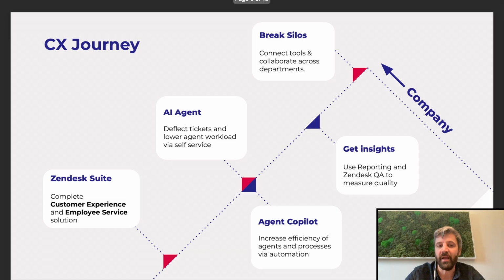That's where the AI agents come in. So that's about automating tickets, deflecting them, offering solutions, and making sure that the amount of escalated tickets for your agent goes down. It might also be that you have a good amount of tickets coming in, it's all handleable,